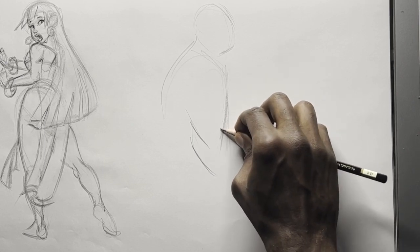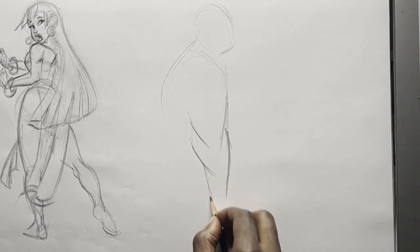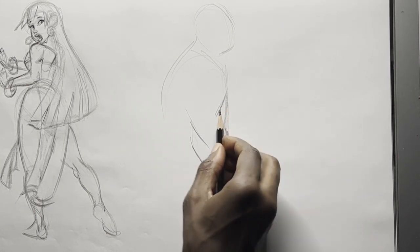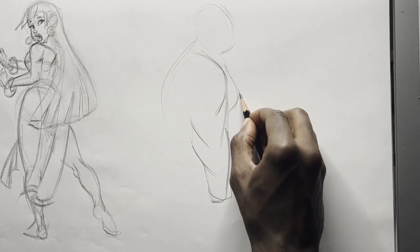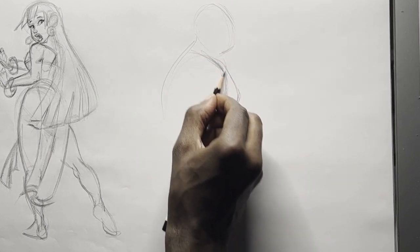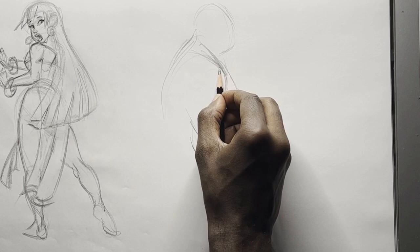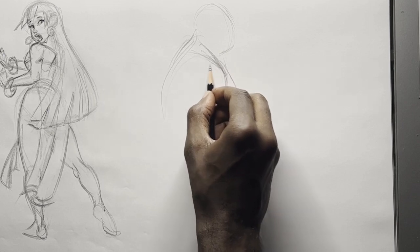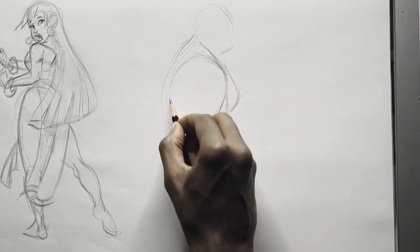So you can see that he's quite massive and strong. So you see the volumes that I'm putting down here are very large volumes. And because this is for animation, this is definitely going to be designed. So the proportions are gonna look funky here, but that's for a specific reason, because the character's design is an abstraction